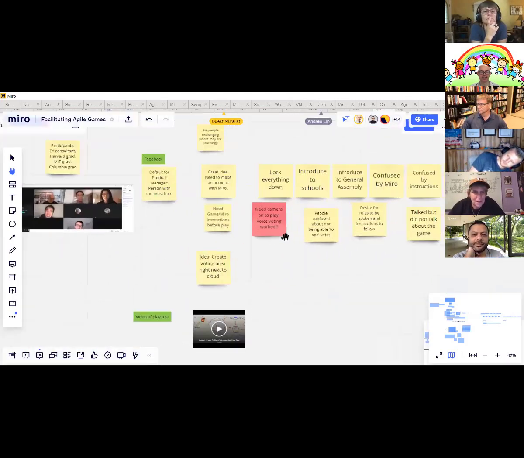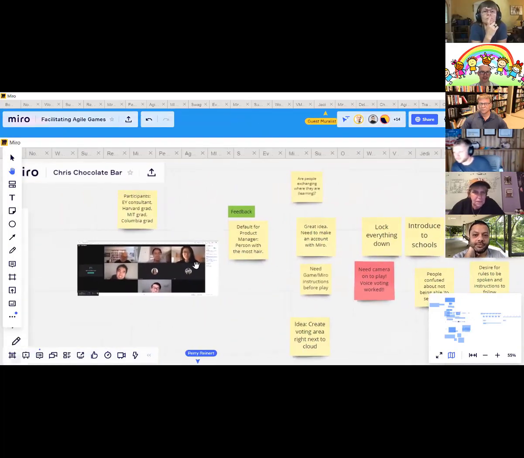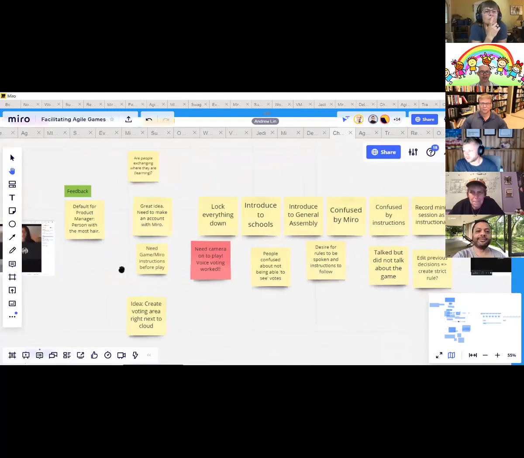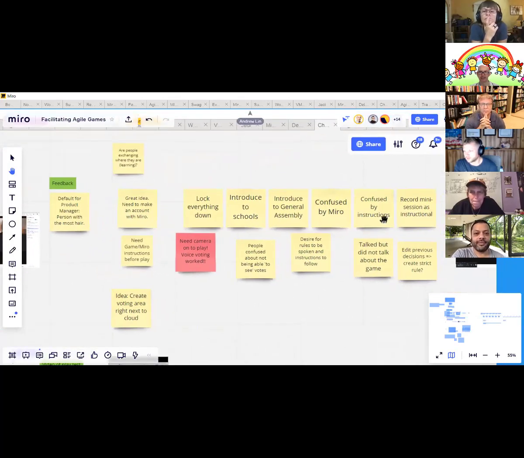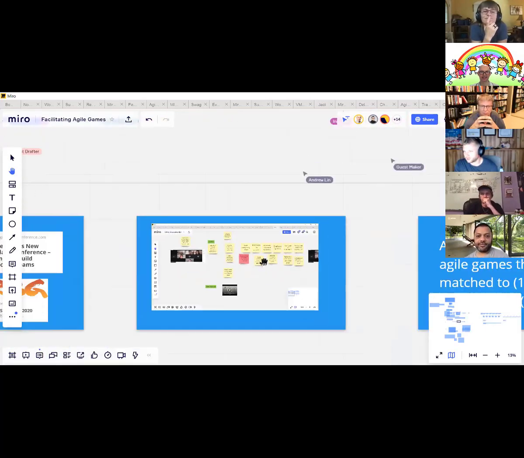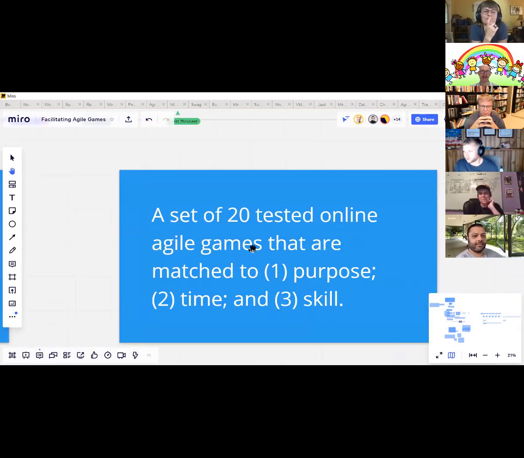This was a game that we played with these folks right here. I'm up here facilitating it. And here's all the feedback that they're giving me: confused by instructions, confused by Miro, desire for rules to be spoken and instructions, people confused, need lots of feedback. So after lots and lots of feedback, I have, or so I claim to have, a set of